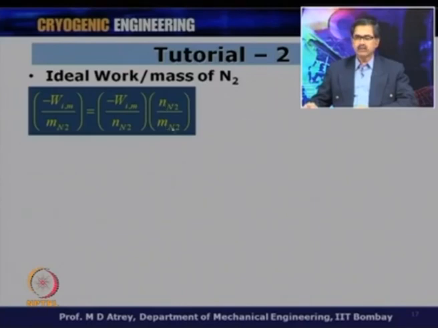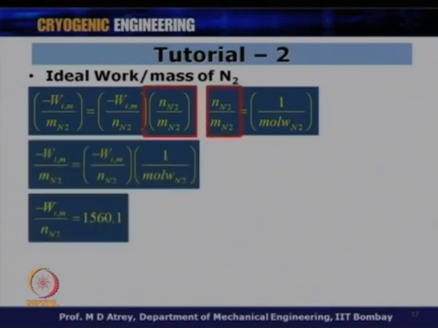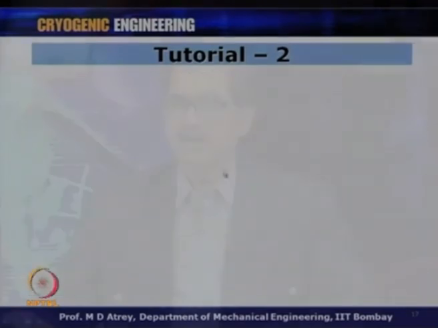What is the mass of nitrogen per mole of nitrogen? It is nothing but the molecular weight. Nn2 upon Mn2 is nothing but 1 upon molecular weight, since Mn2 is the mass of nitrogen per mole. So, I can put in the molecular weight. Putting the values in this formula, I get Wim upon Mn2 equal to 1560.1 upon 28. So, 55.71 joule per gram of nitrogen is the ideal work of separation per mass of nitrogen, and the same thing